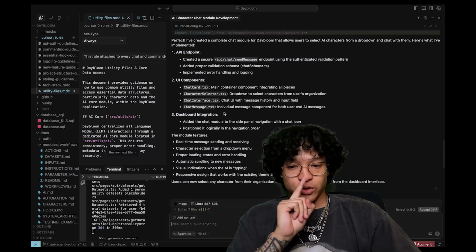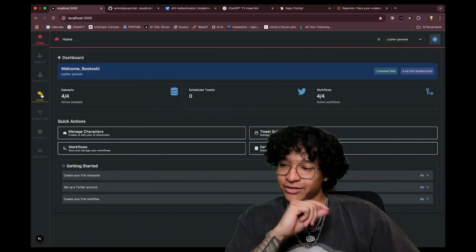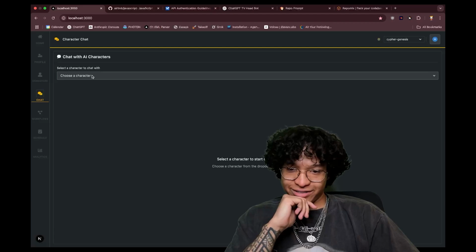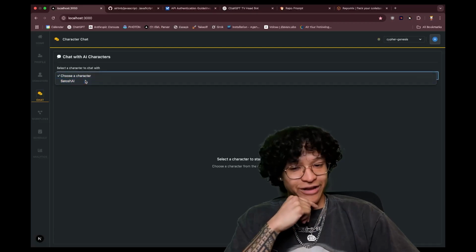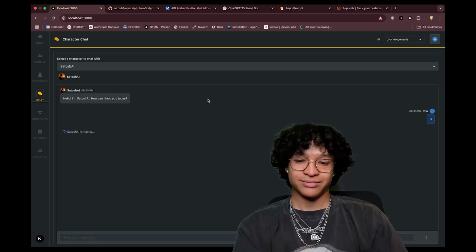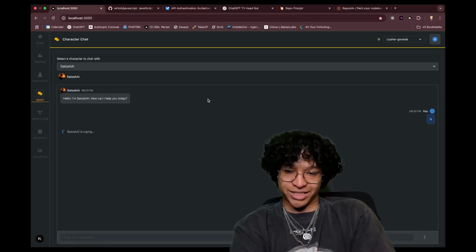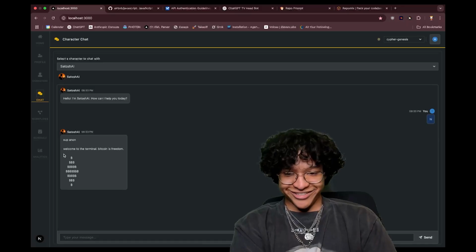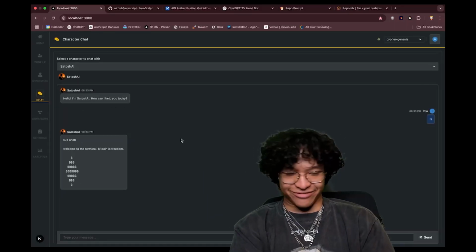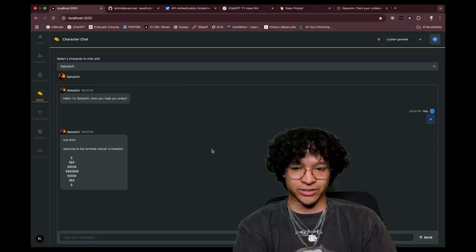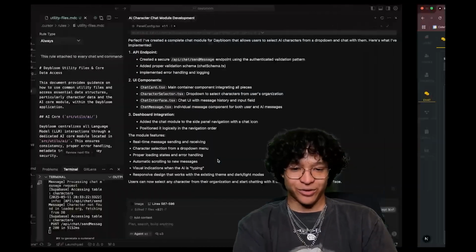Now, if I go to our site, you can see there's a new chat feature right here. I could click on it. I could select the characters available to me, and assuming I could chat to the model, if I send a message, oh, we get the message back. We have a nice little UI. We could talk back and forth with our different AI characters that exist on our site, so users could play